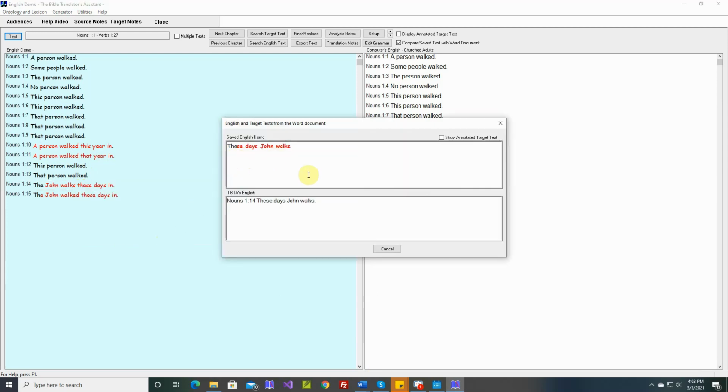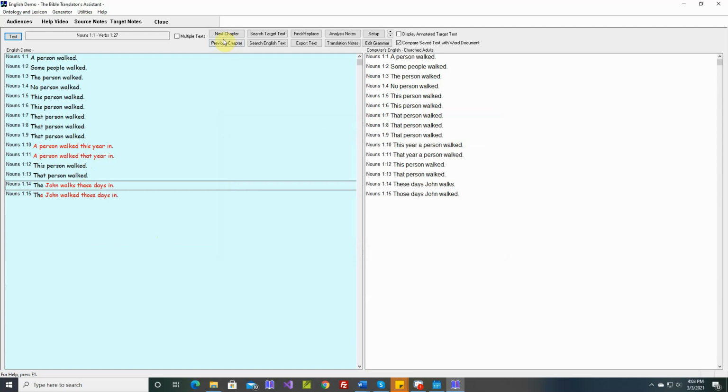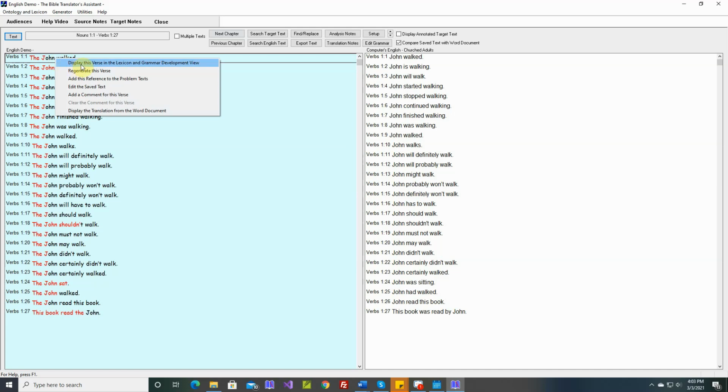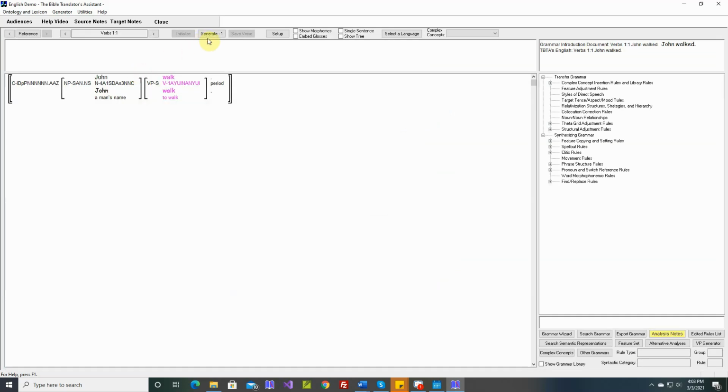Okay, so if we go to the verbs, our main problem is we shouldn't have the word "the" before John. So let's go edit our rule. Here, let's go like this. Display this first in the Lexicon and Grammar Development view. And if we say generate,